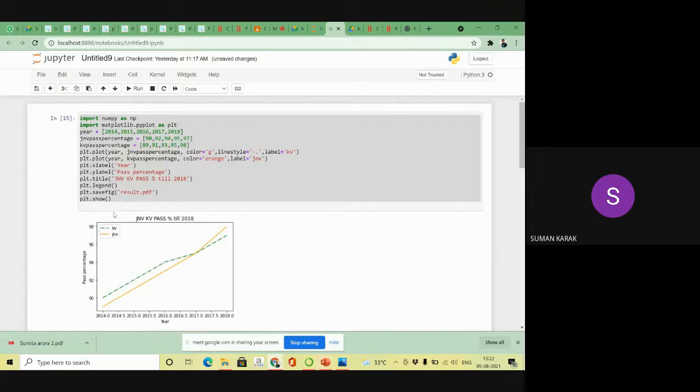then you write plt. You know plt is the matplotlib library name. plt dot save figure function, savefig. Then you mention the file name. Now, which extension you want to save? You can save as a PDF, as a JPG, as a PNG. You can save as per your need. Then your file will be saved in your computer. That graph will be saved in your computer.